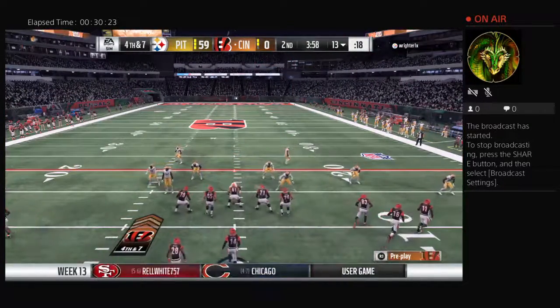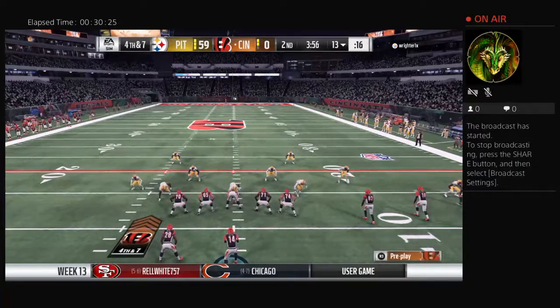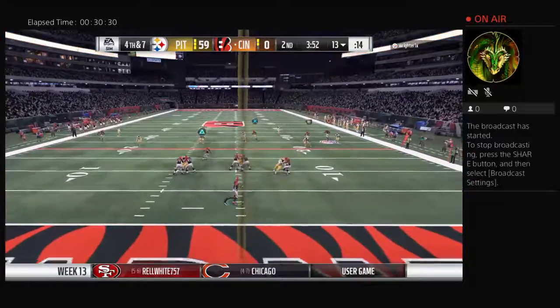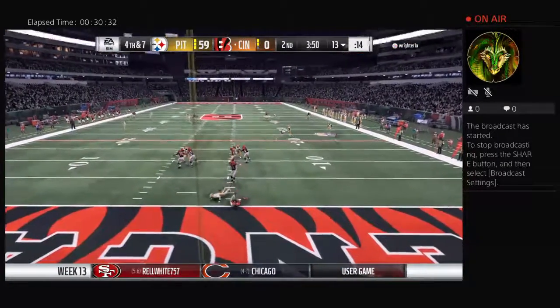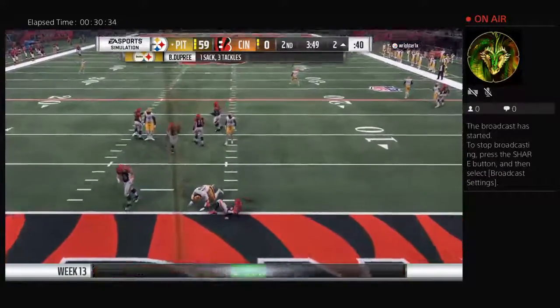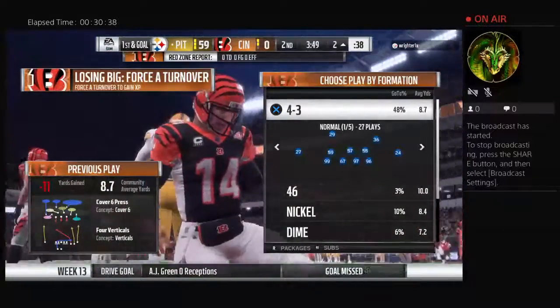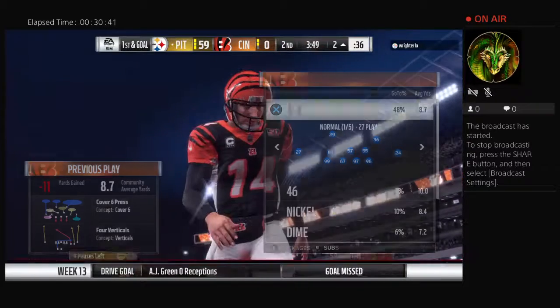The offense is going to stay out there. They've converted twice, failed once so far on fourth down. Let's see what's in store here. And Dalton to throw. And he's going to go down right near the goal line. The officials look at each other. They're going to mark him at the 1-yard line. And Charles, they...